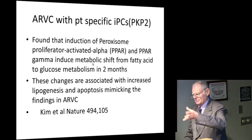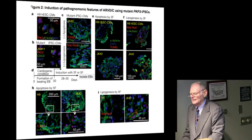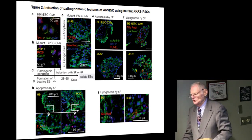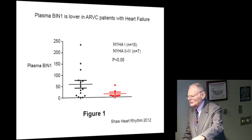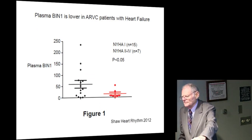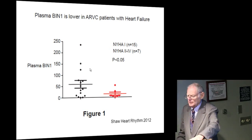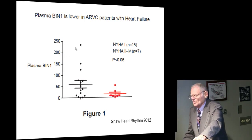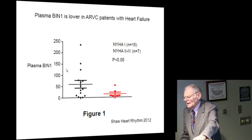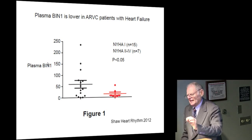Now, whether it's the plakoglobin Wnt system or whether it's basic metabolic disorder, we don't know, but each of these give us insight. And this is just from their study showing that with different concoctions you can produce the lipids and the fats. In our own laboratory, in concert with the basic biologists, we're also doing the pluripotential cells. We're also working with Dr. Shaw in our lab, who's very much interested in calcium metabolism, and he found that BIN1, a protein that